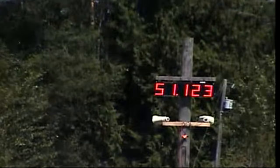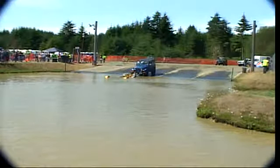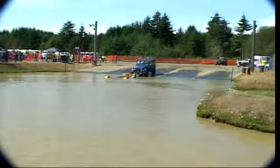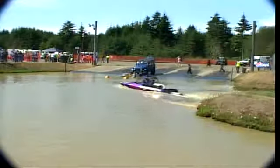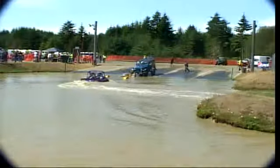51.123, that is the end of the qualifiers. Give our racers a round of applause. The money rounds will be coming up after a short lunch break, and I'm telling you, we have some